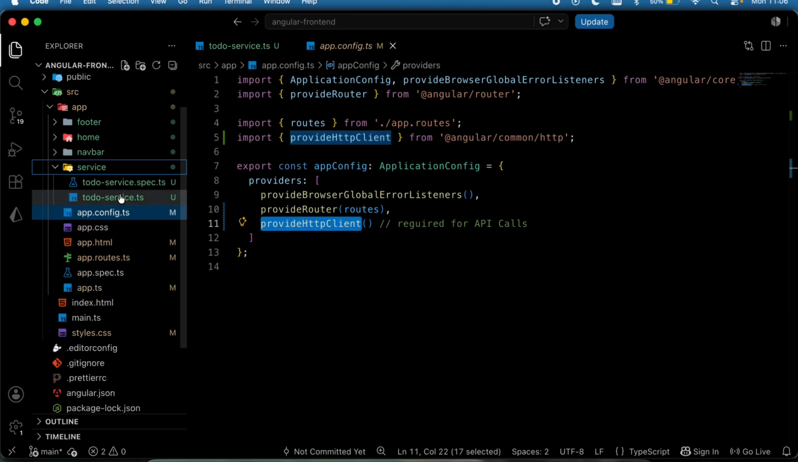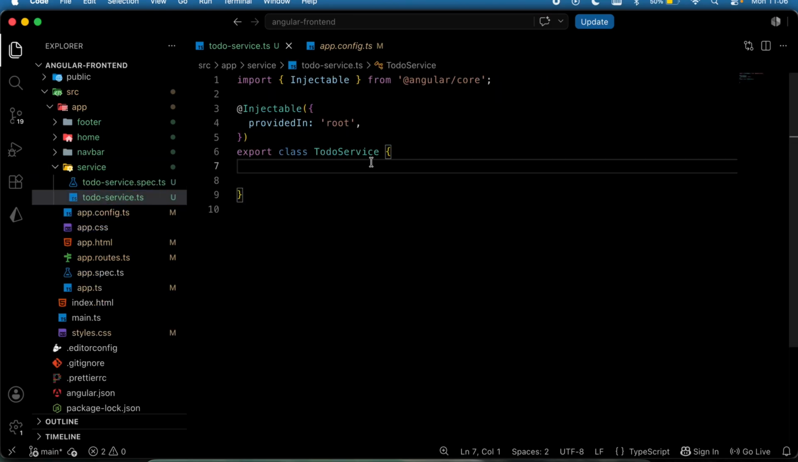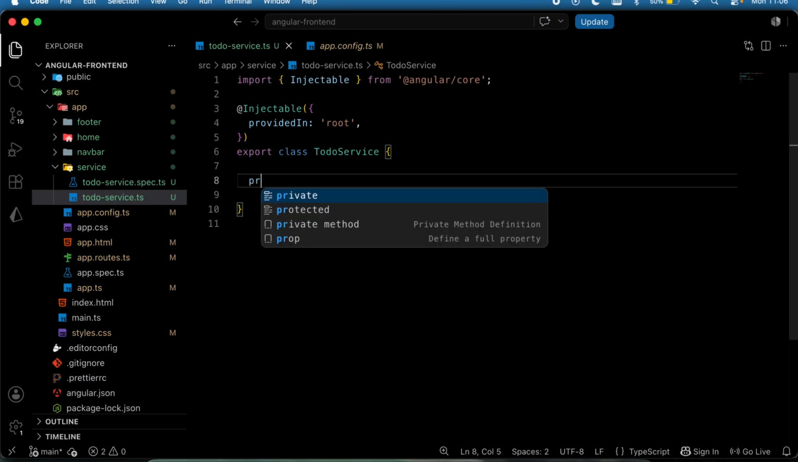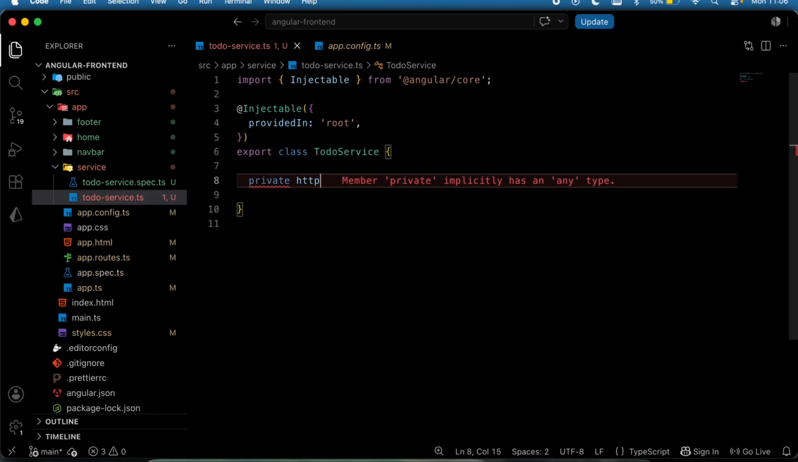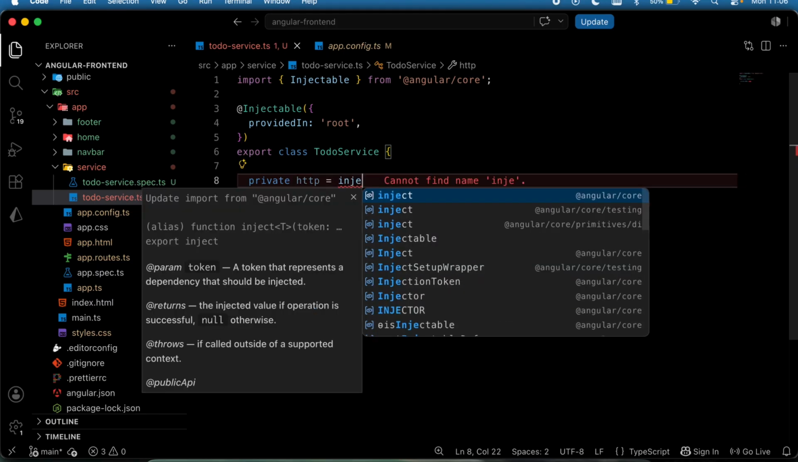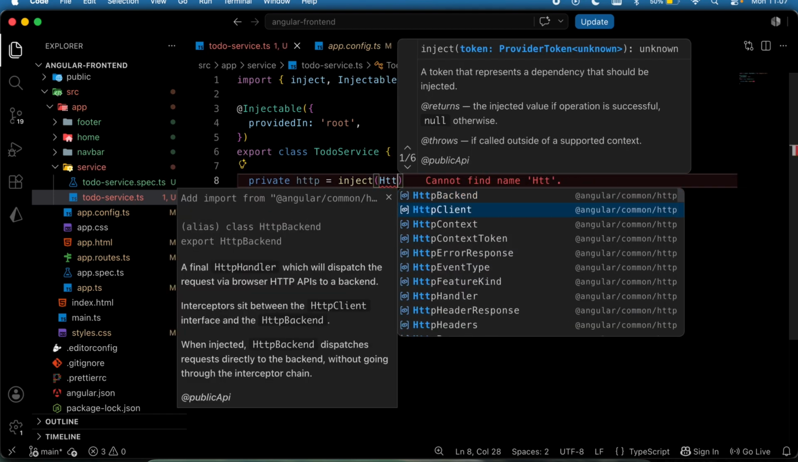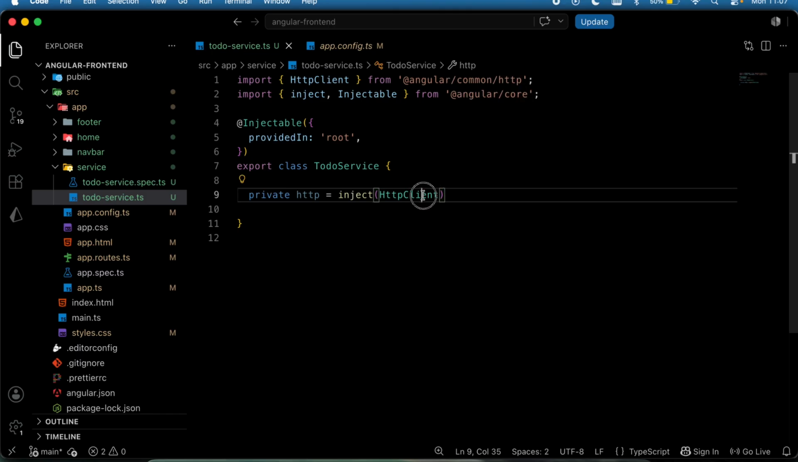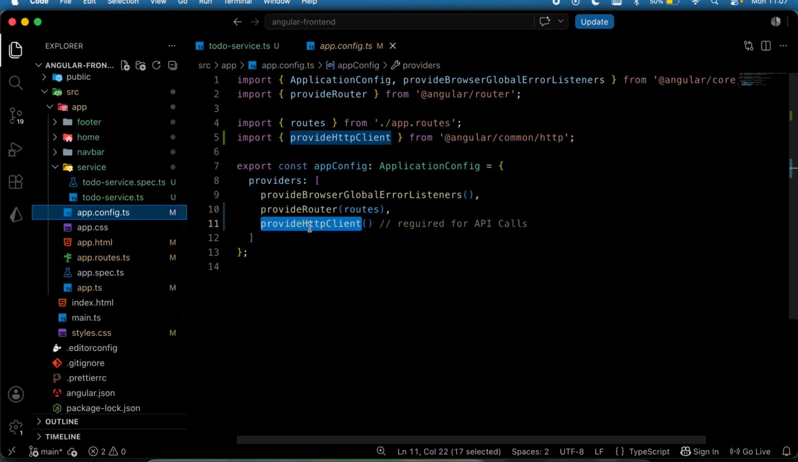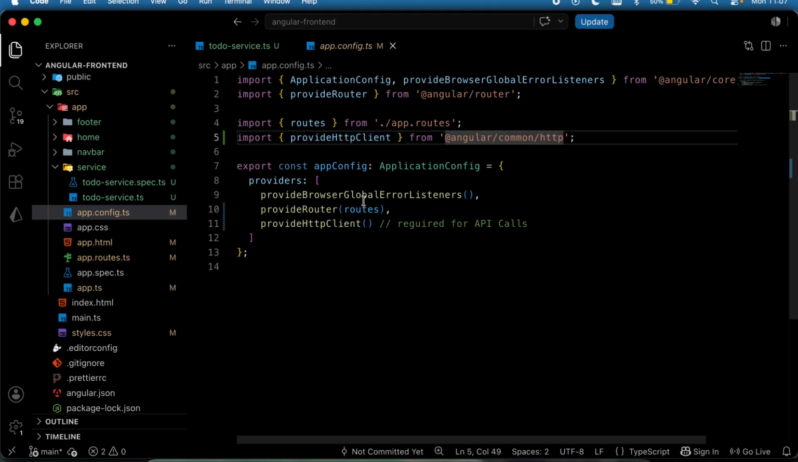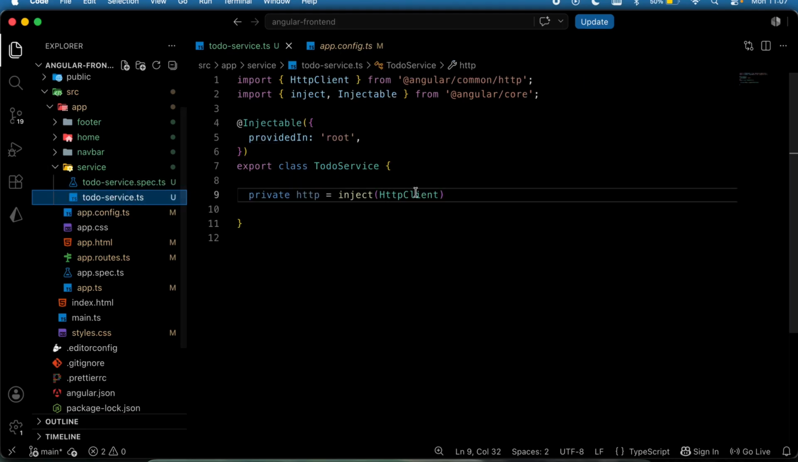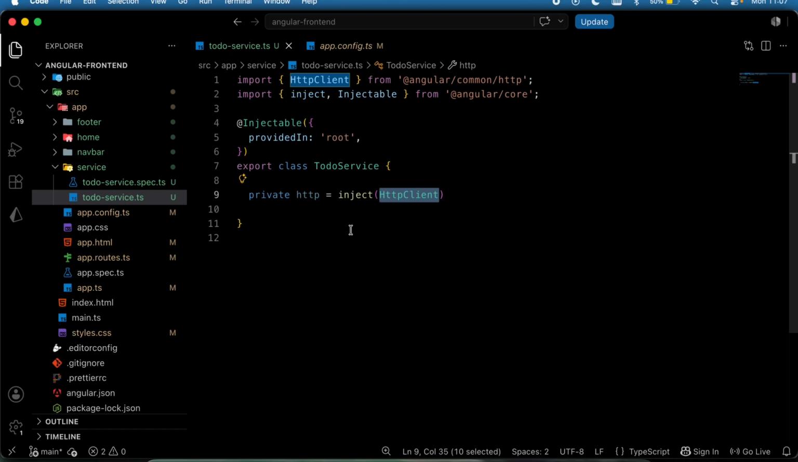Come to your file right here, which is your todo-service, and let's inject that, or let's auto-wire that. So that's going to be a private, let's call it http. I'm just going to say inject. Very easy. Inject is coming from Angular core, which has been imported. What do I want to inject? I want to inject the HttpClient like that, which is again coming from http common, which we can see right here. So this is going to help us to bring in the HttpClient, which we'll be using to make